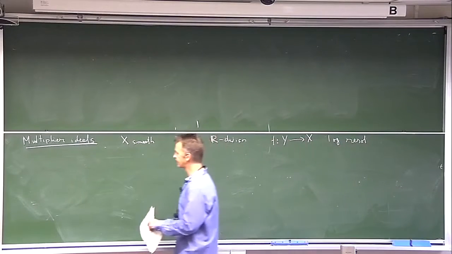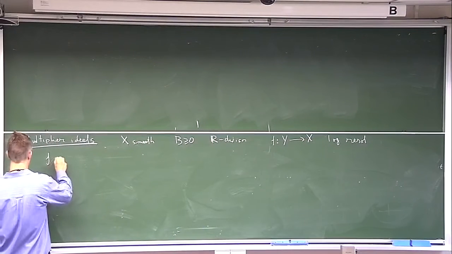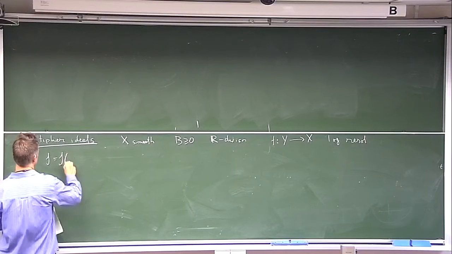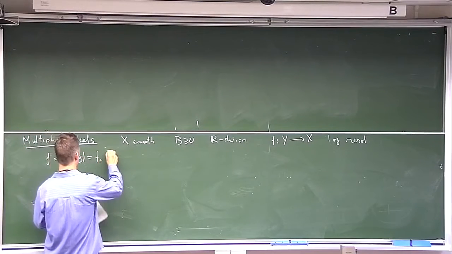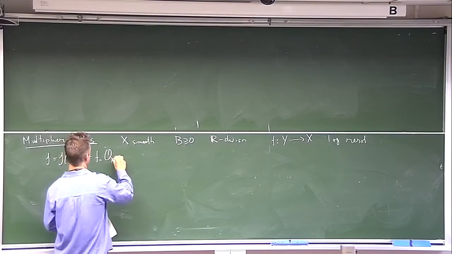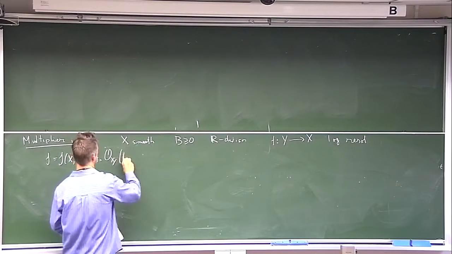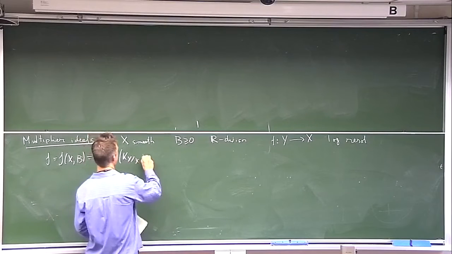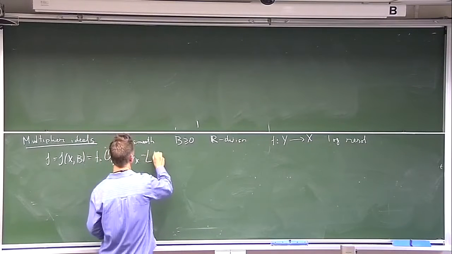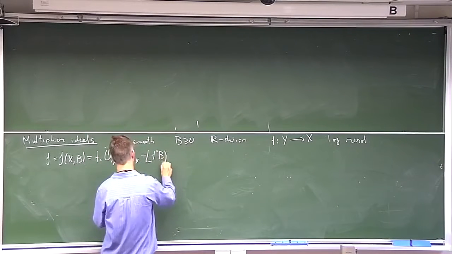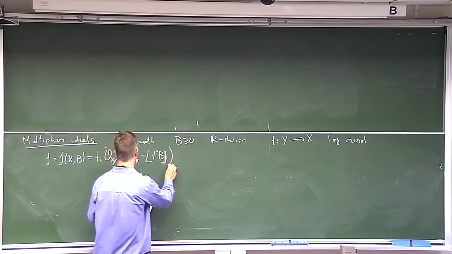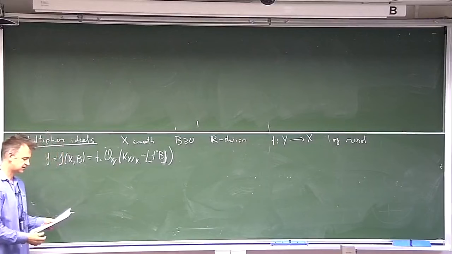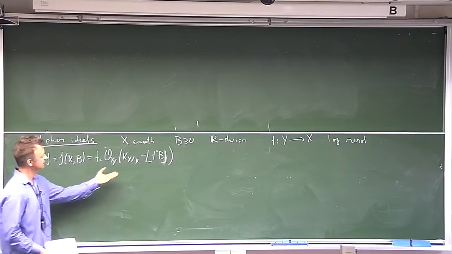Then the multiplier ideal sheaf, J, which depends on X and B, is a pushforward of O_Y(K_{Y/X} minus the round down of the pullback of B). And yes, I understand that if you're not used to working with these round downs, it's not very nice, but